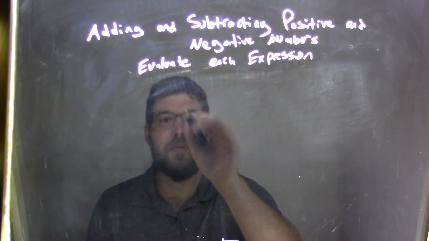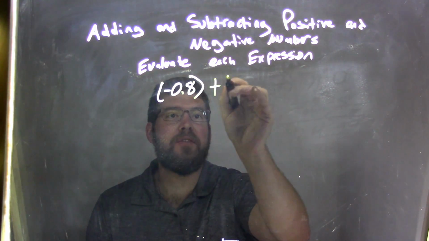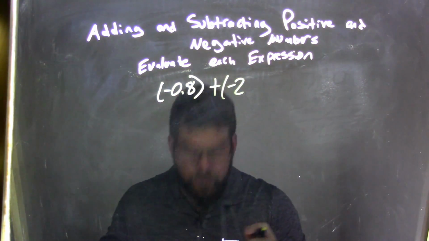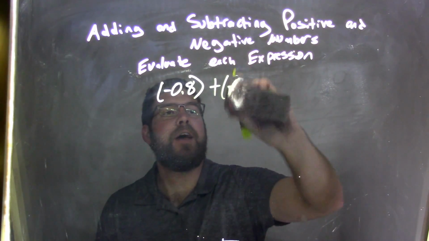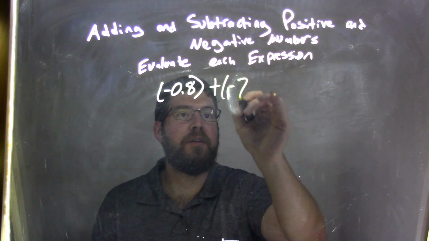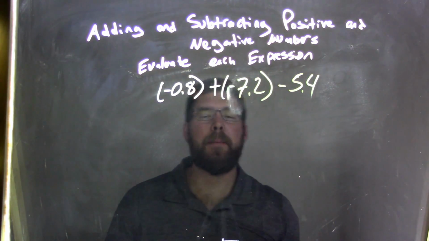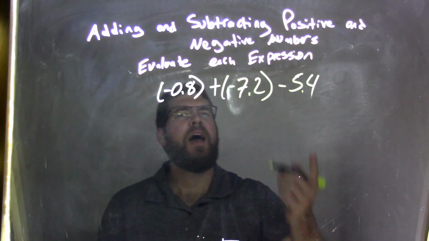we want to evaluate each expression. So, if I was given this expression, negative 0.8 plus a negative 7.2 minus 5.4, okay? So if I want to add those together, what I'm going to do is actually